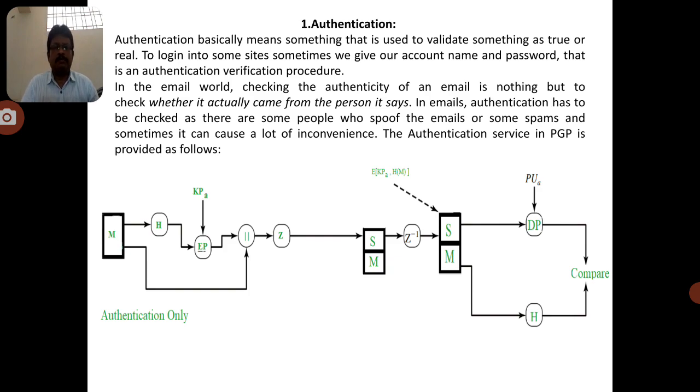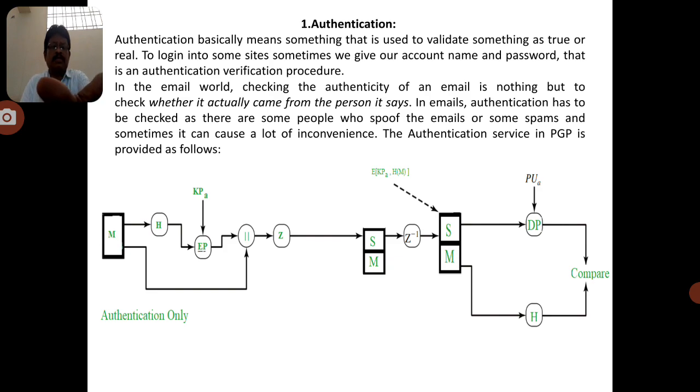Here PGP, Pretty Good Privacy, can provide confidentiality. Confidentiality, in the sense of cryptography, is provided with the help of conventional encryption or public key cryptography, that is, public key encryption. So coming to this particular